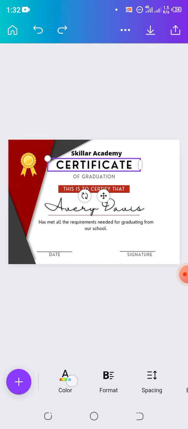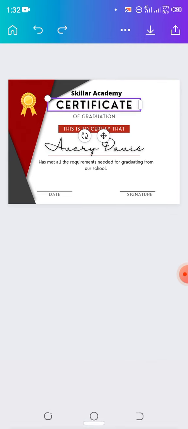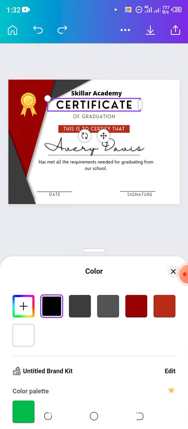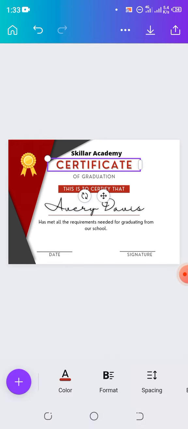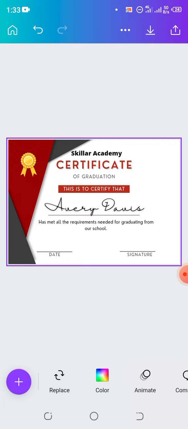So let's choose color and go with this. You see, or we can also go with this. So we have changed the design to look the way we want. Now, if you want to change the background color from white, let me save this to our phone because I like it. If you want to change the background color from white to a different color, you just